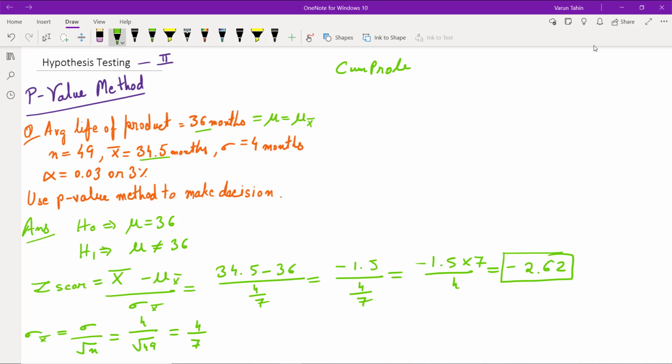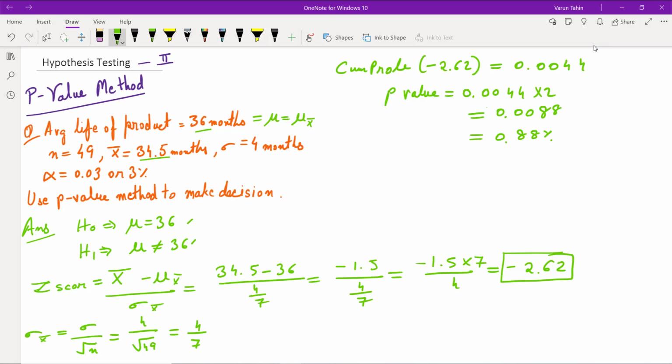The cumulative probability of minus 2.62 from the Z table comes as 0.0044. Okay, and as we can see, this is a two-tailed test because of the signs of equal to and not equal to. Therefore we need to multiply this value by 2. Okay, so the actual p-value will become 0.0044 into 2, which is 0.0088 or simply